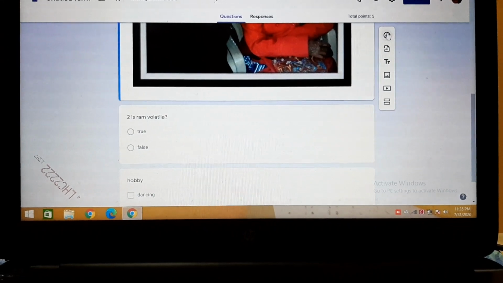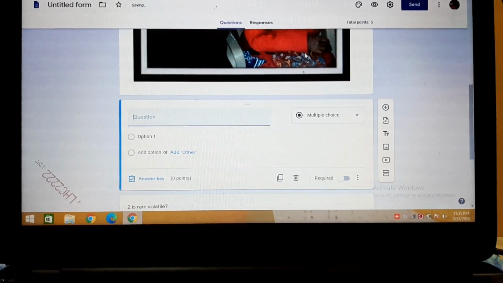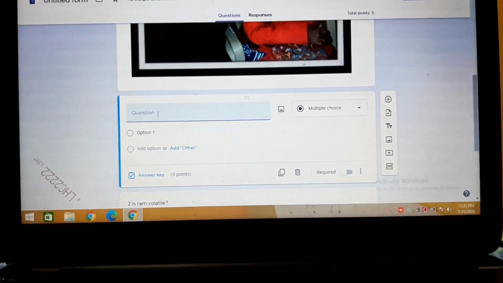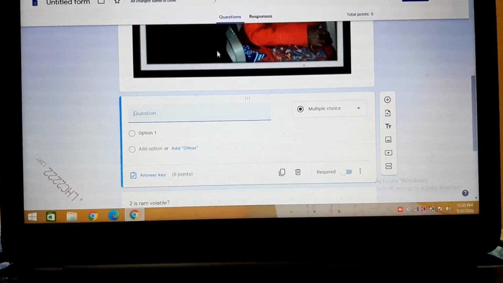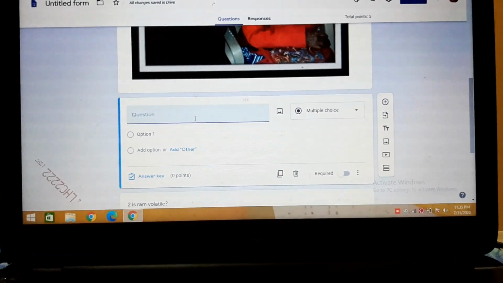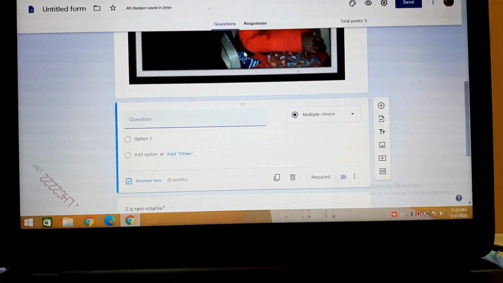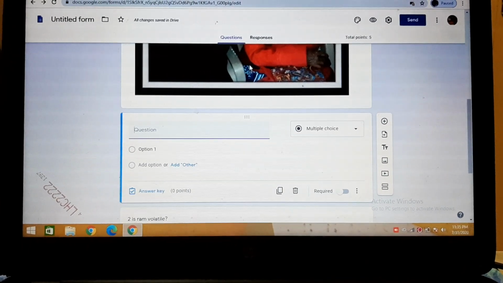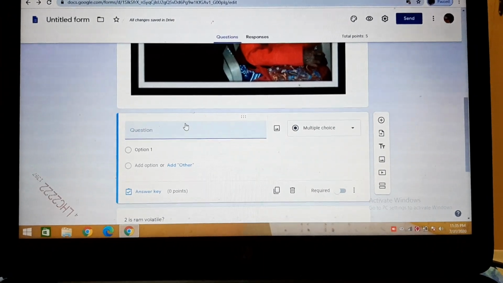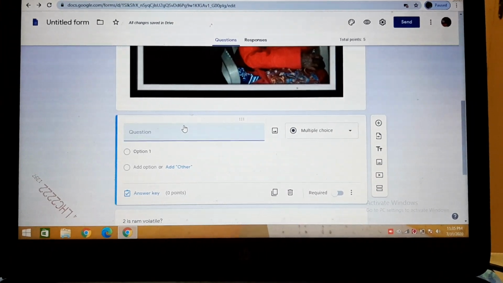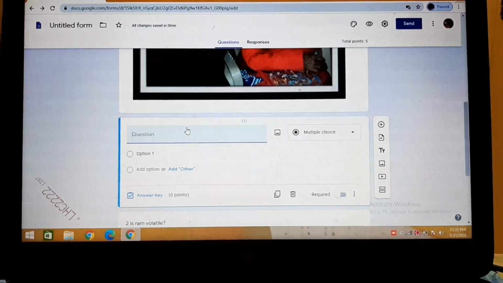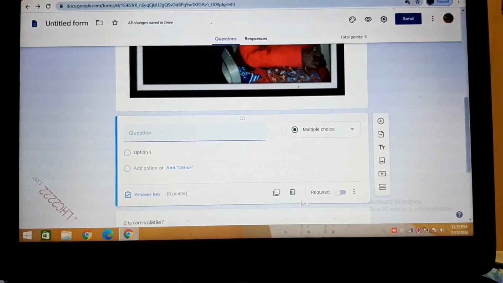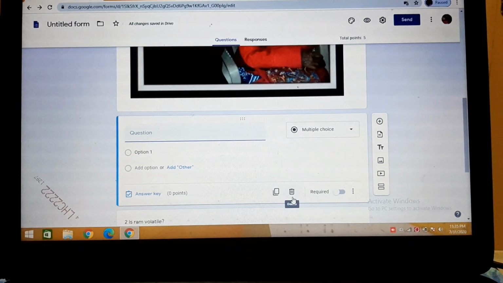We will not be able to write over this image, but after we have inserted it, we again have the option of adding questions. So we have inserted the image above, and again we have the same kind of question box. Now you can give the question relating to this image. This is very useful if we are creating a paper where we are giving some picture-type questions. We have inserted a picture, and based on the picture we are dealing with different types of questions. That is a very interesting feature of Google Form that we can add. In that way, we can make a full-fledged form.